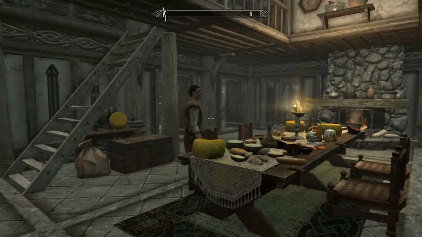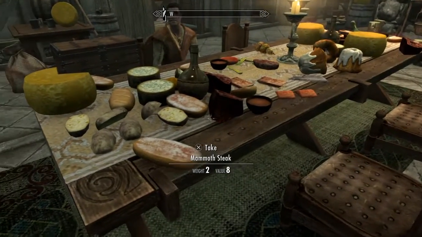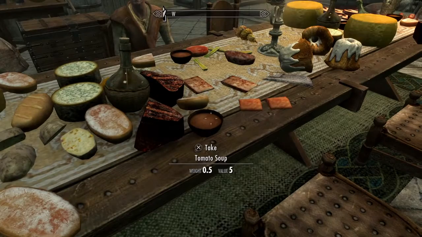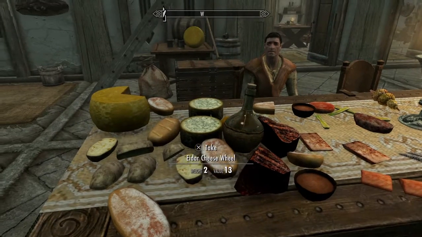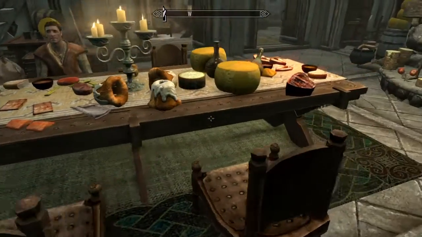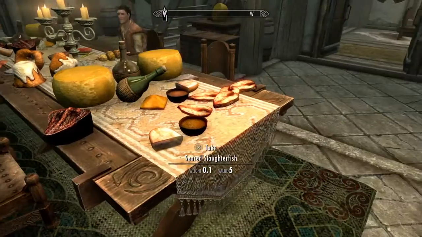Now, as we go over here, I like to provide for everybody that's in my house. As you can see, I've loaded up my table with all sorts of food. Mammoth steaks, tomato soup, salmon steaks, you know, lots of bread, cheese wheel, baked potatoes. In the middle, I throw the desserts, some mammoth steaks, some wine,